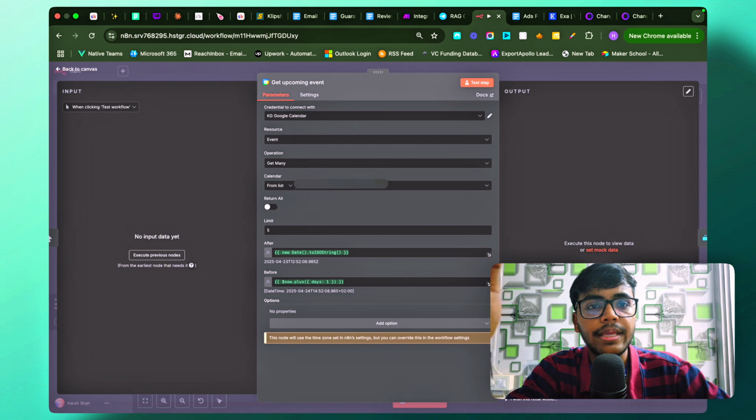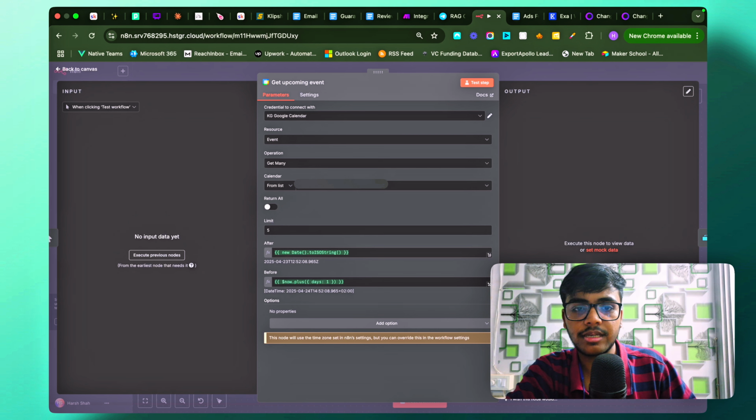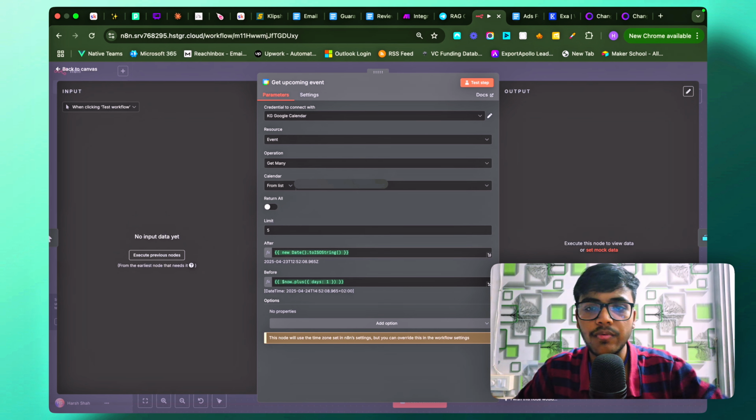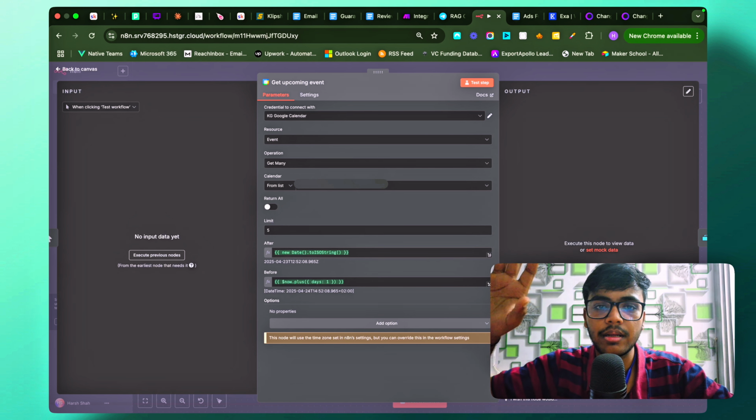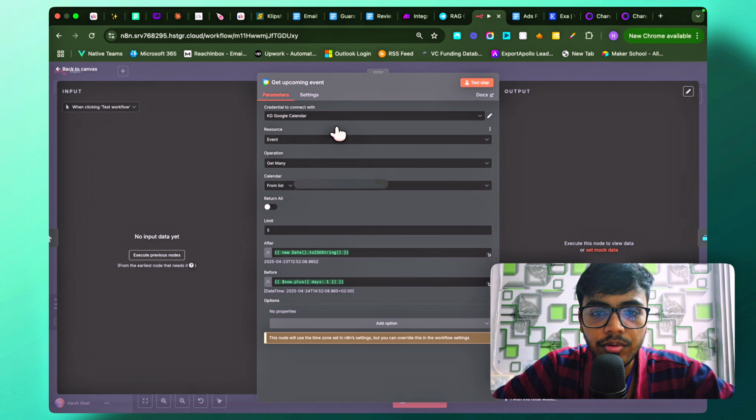Now again, I already have a video on my channel where you can see how you can connect all the Google tools with n8n in very simple and effective, easy to understand steps. So if you haven't done that, watch that video. That video will come up in the top, you can see it in the i button. And after watching that video, connect your Google Calendar with n8n, and then